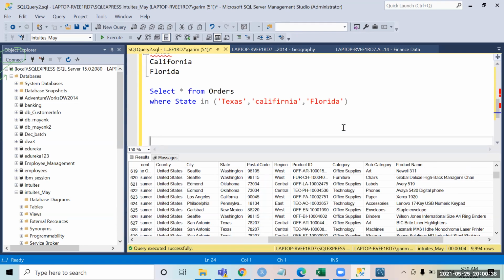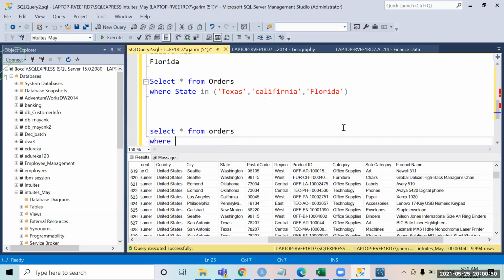If I had to write this query without IN, I would have written: select star from orders where state is equal to Texas or state is equal to Florida or state is equal to California. This is how I would have written this query.